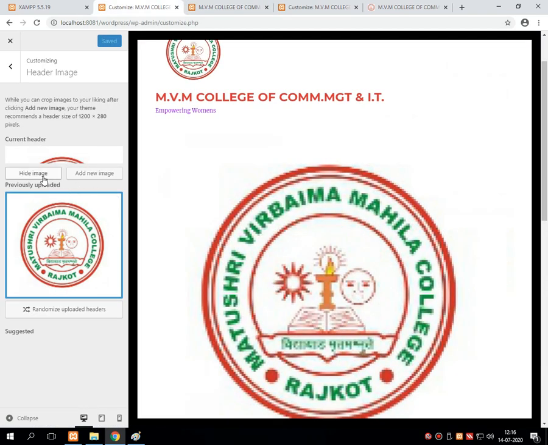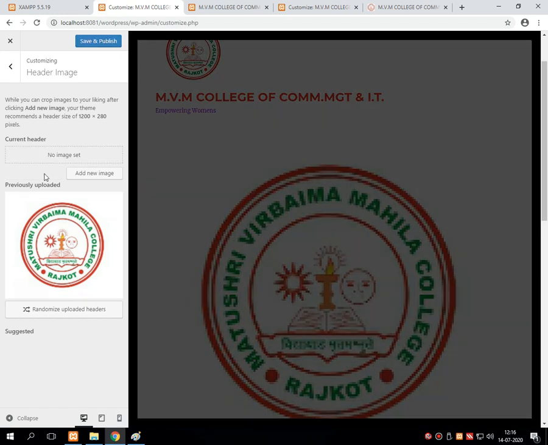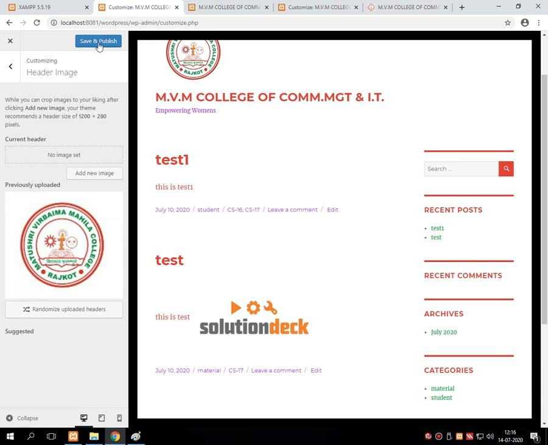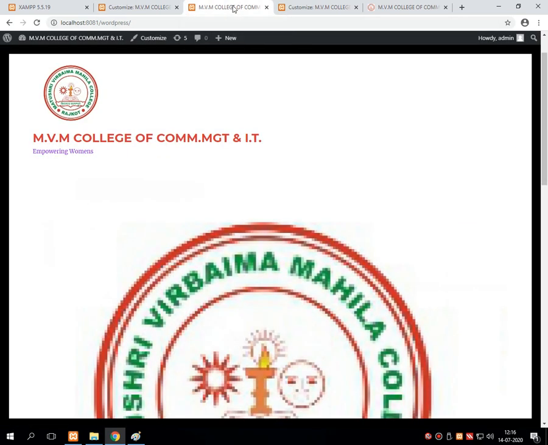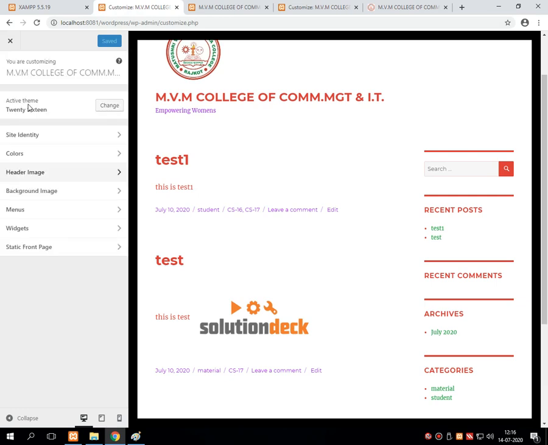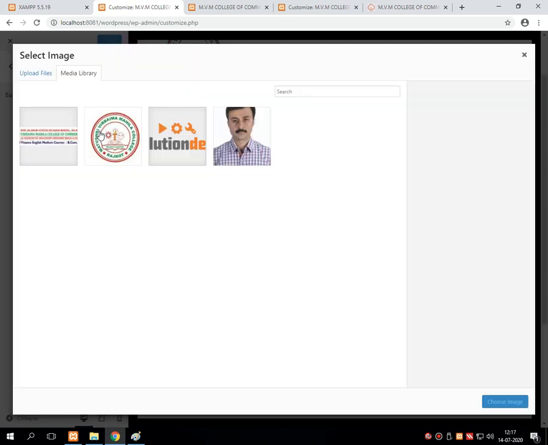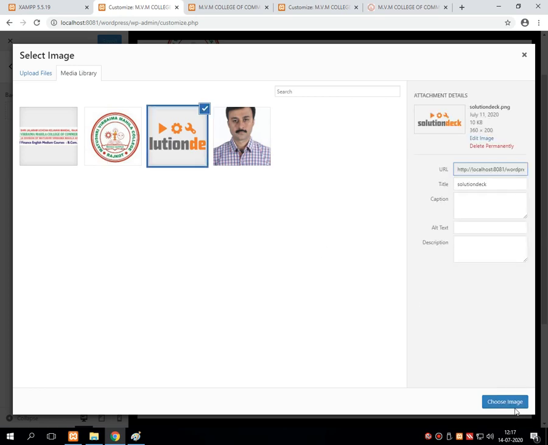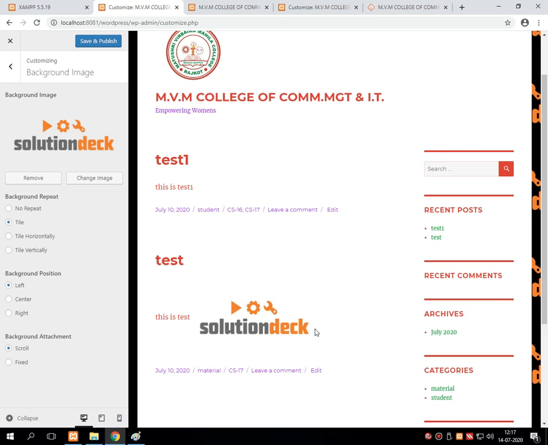Now once the image is added, suppose I want to hide it, then simply by clicking on the hide button, again save and publish, that particular logo will get removed from the site. So this is used to set a header image. Same like that, suppose you want to set a background image, then just select that particular image as a background.